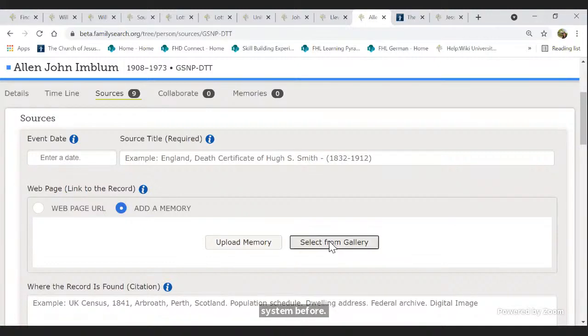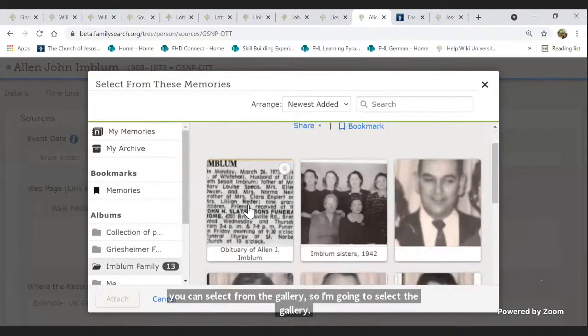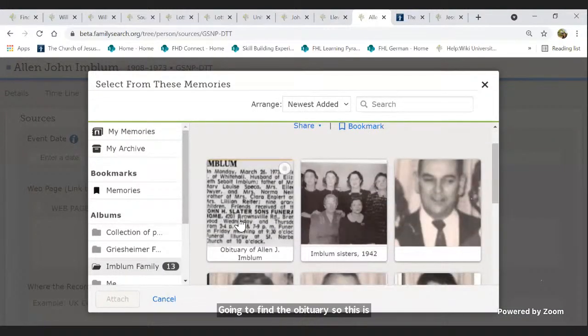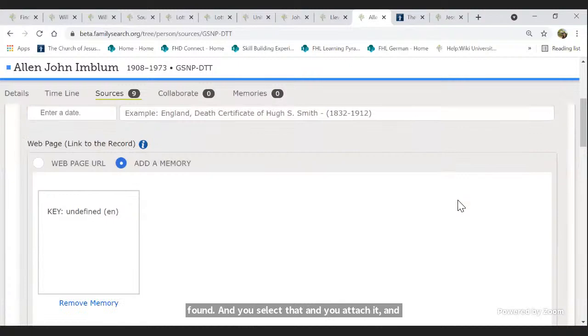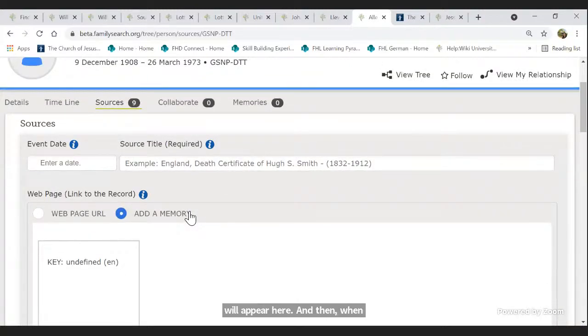So I'm going to select the gallery. I'm going to find the obituary. So this is the obituary that I found, and you select that and you attach it, and it will appear here. And then when you're adding a source,